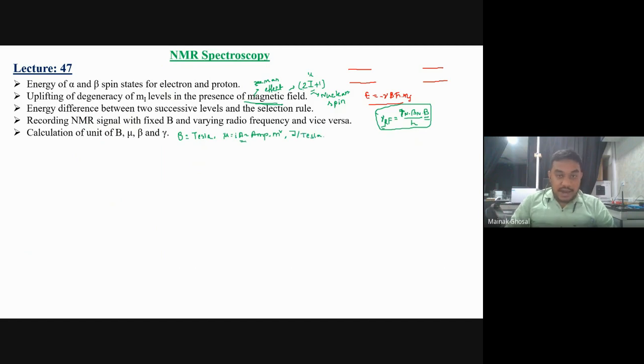And the unit of Bohr magneton was shown to be the same as mu, because it is related to mu by a term that has no unit, so it will follow the unit of mu, that is joule per Tesla. Then you can easily get the unit of gamma, which Professor Sandberg has also discussed. What will be the unit of gamma? This is the relation: beta n equals gamma n into h. Since the gyromagnetic ratio has no unit,